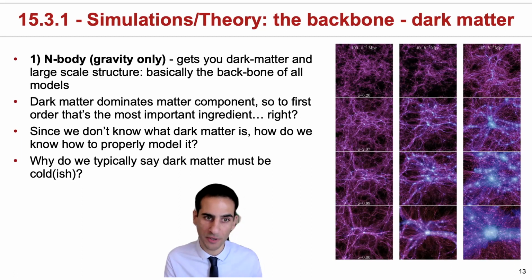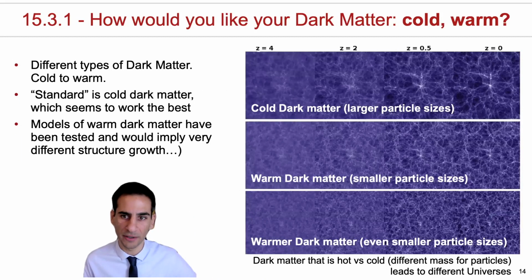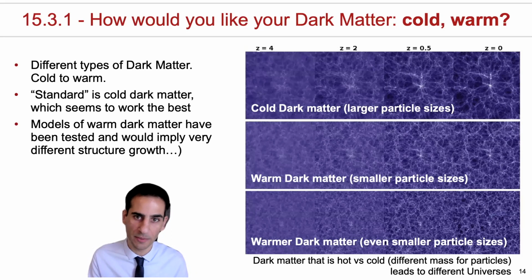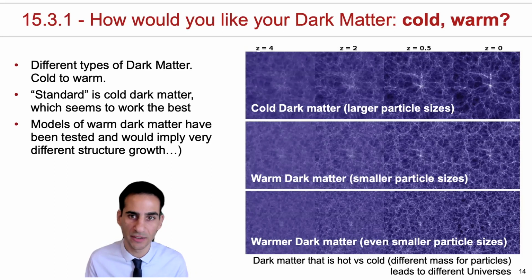But one important thing to address is that typically when you've heard about dark matter, perhaps you also heard the term cold dark matter. But why should dark matter be cold, and what does that even mean? I mean, if dark matter doesn't radiate, why do we call it cold? Turns out that dark matter, in principle or in a theoretical sense, can actually have different temperatures. These temperatures are not the same as for baryons, but rather they have to do with the typical velocities, which also have to do with the typical mass of individual dark matter particles.